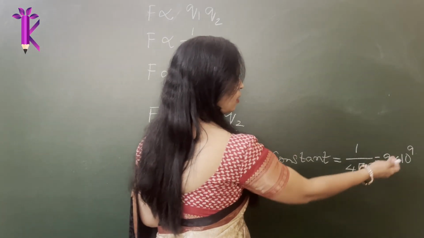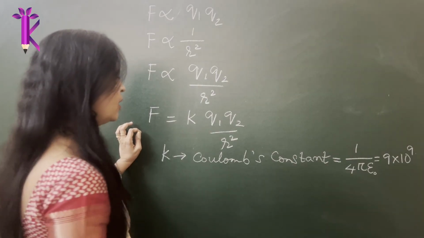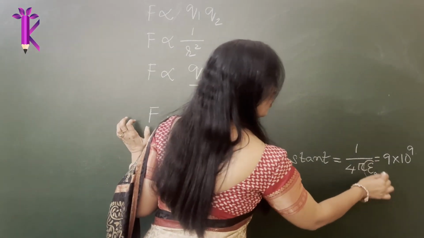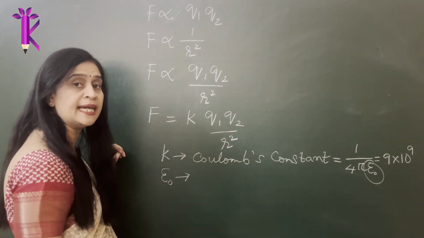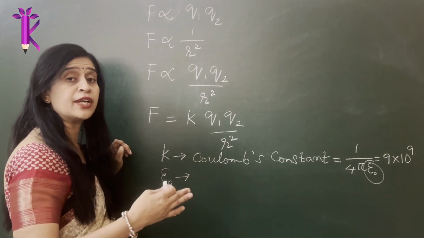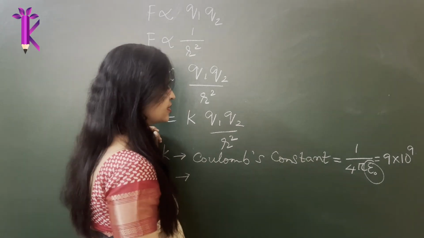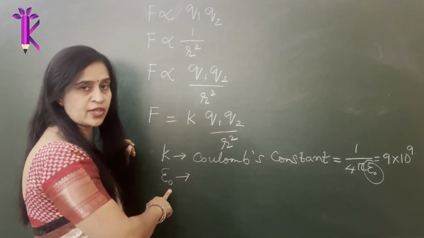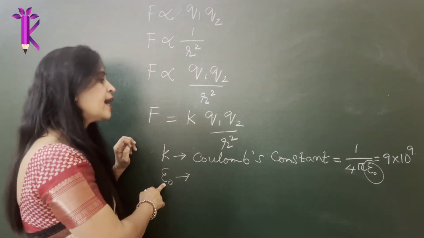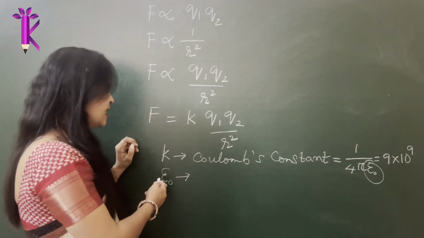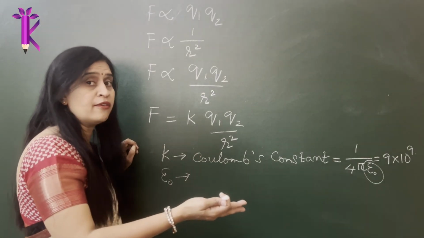You can figure out the units. We'll do that part later. We have done it in the previous session. I'll do it again. Okay, now what is epsilon naught? We spoke about this in the previous class. It's a characteristic or the ability of the medium which actually either reduces the force between any two given charges. But here, in an ideal situation or for all practical purposes, to simplify the numericals, we assume, or Coulomb assumed, that the charges were kept in free space, as such in vacuum, which is an ideal case.